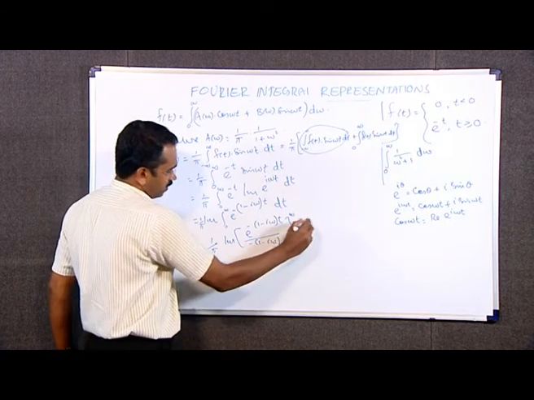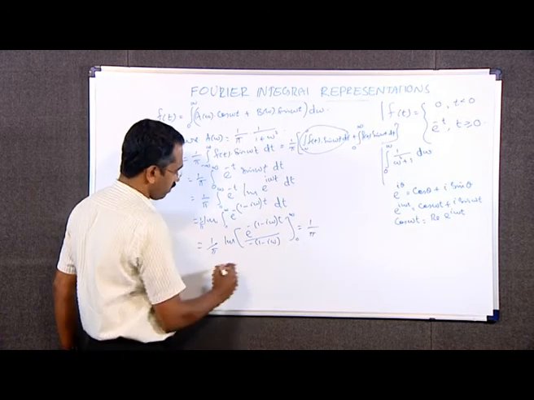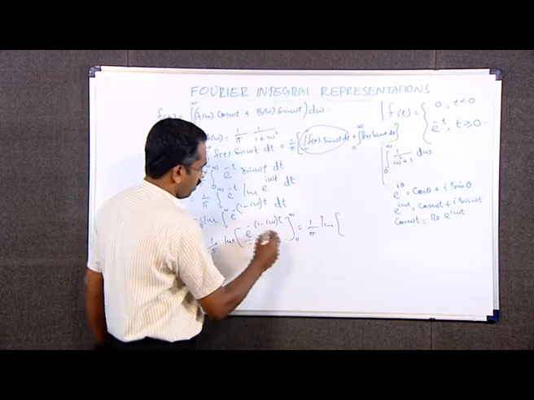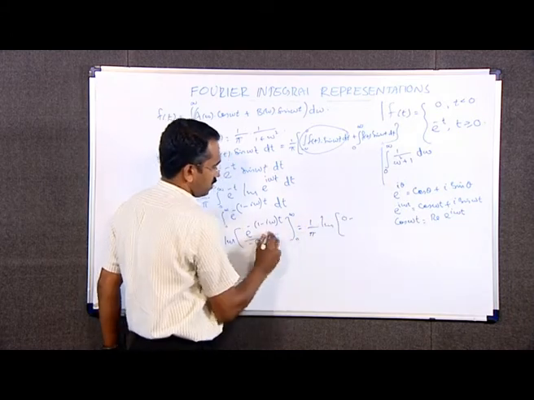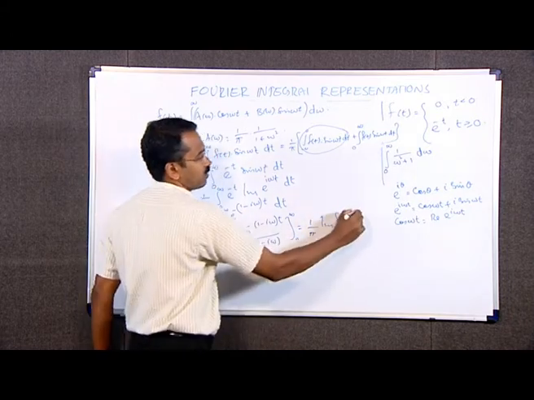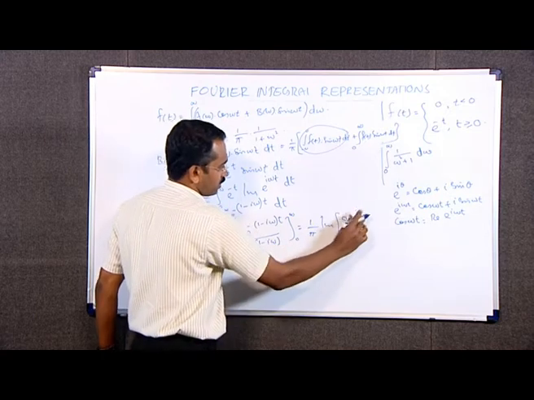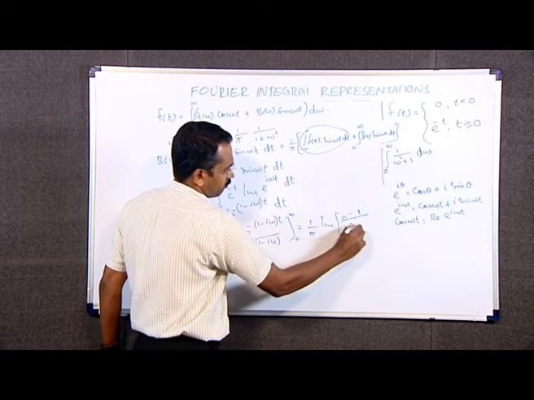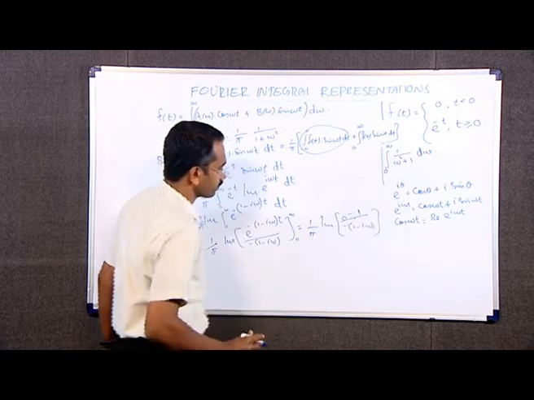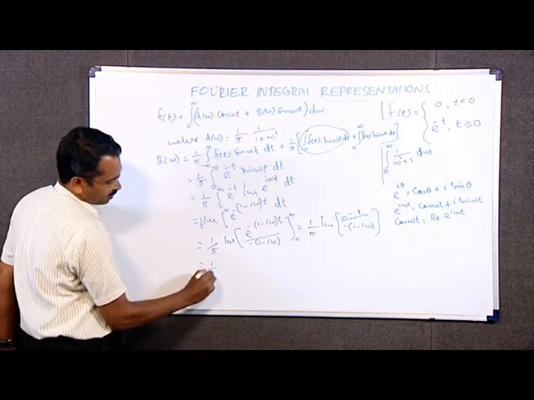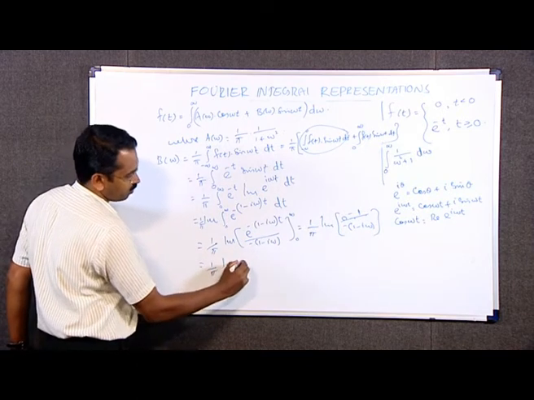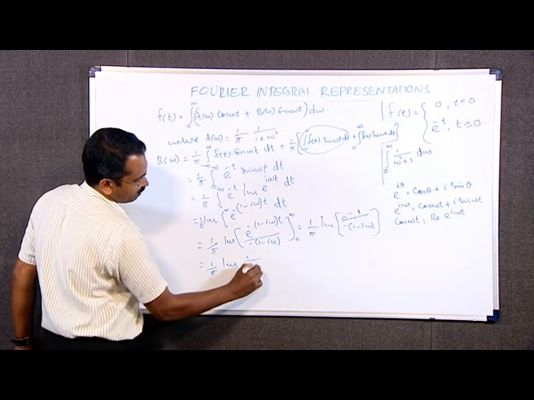When we apply the lower limit, we get 1 by pi into imaginary part of 0 minus, when t equal to 0, 1 divided by negative of 1 minus i omega. That is 1 by pi into imaginary part of 1 by 1 minus i omega,